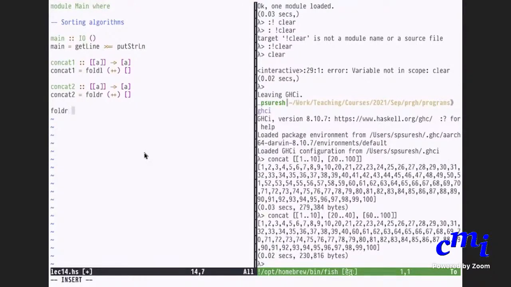Okay, so let's figure out. Let's say fold R of plus plus over k lists each of length n. Then your time taken for a k element list.